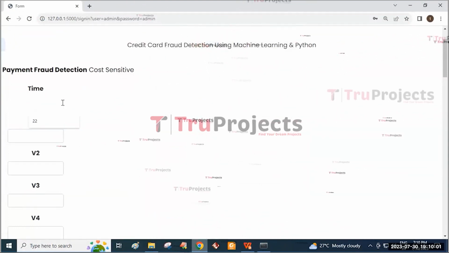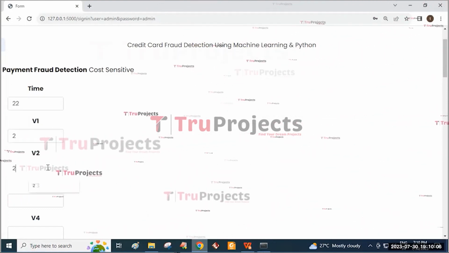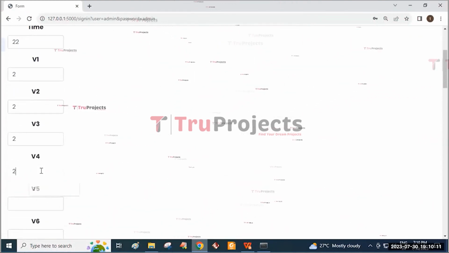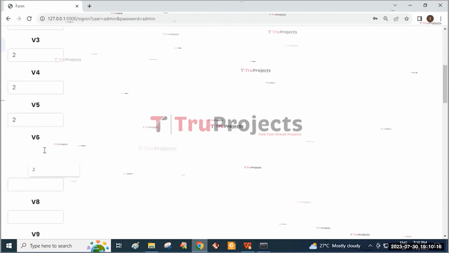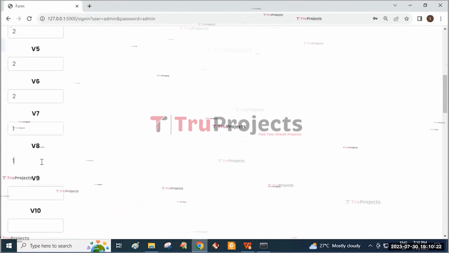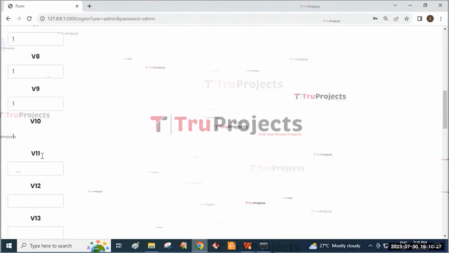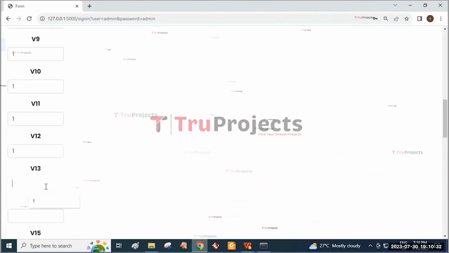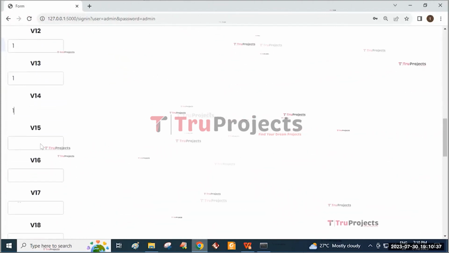I'm entering the time as 22 and V1 as 2 and V2 as 2 and V3 as 2 and V4 as 2 and V5 as 2 and V6 as 2 and V7 as 1 and V8 as 1 and V9 as 1 and V10 as 1 and V11 as 1 and V12 as 1 and V13 as 1 and V14 as 1 and V15 as 1,